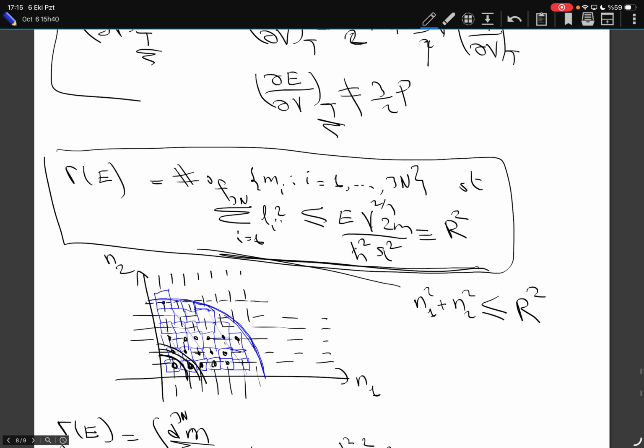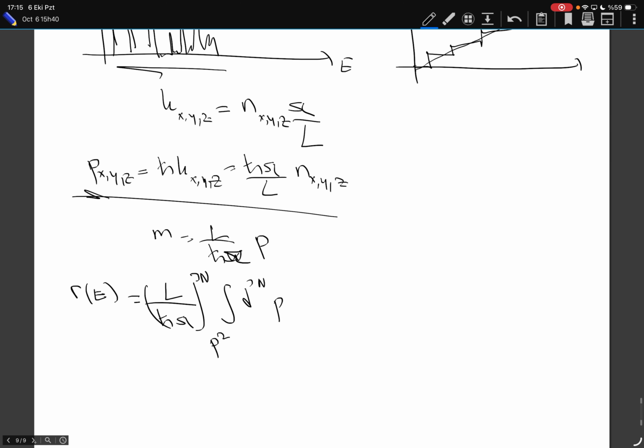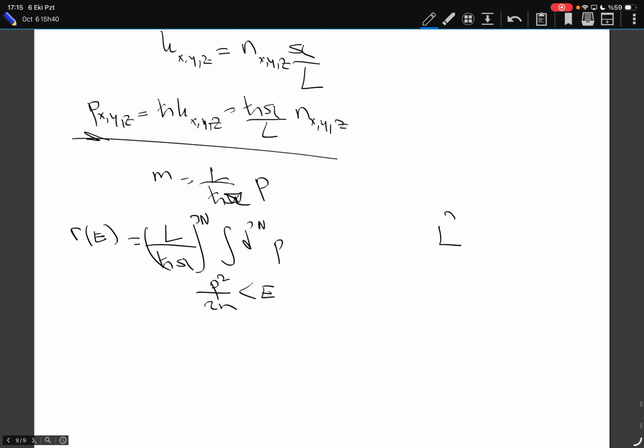So this is L, this is L, there is 2m here. This is L squared. But that condition basically becomes P squared over 2m is less than E. Again, I repeat, this P squared over here is the sum of squares of all the components of all the 3n particles. You see, L to the 3n is just V to the n,